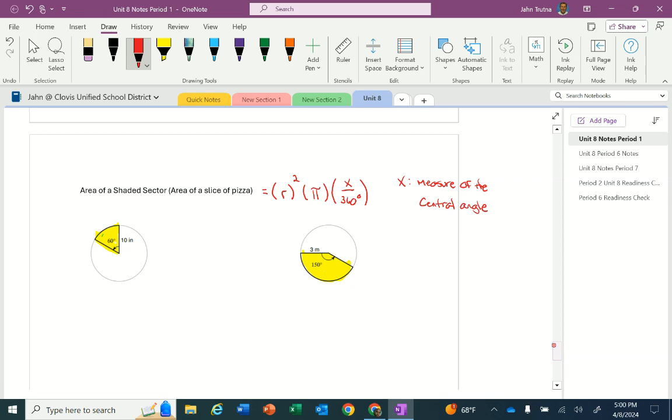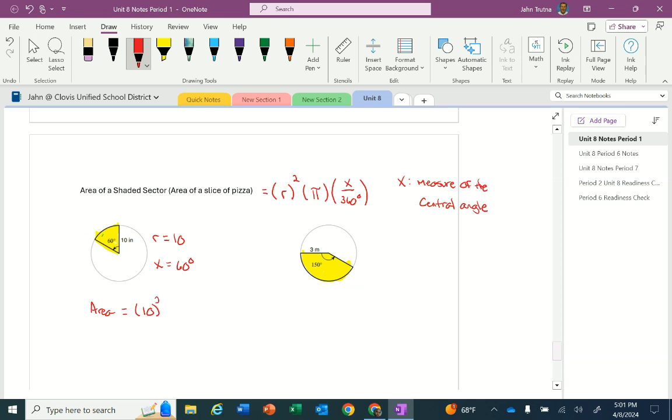In this first circle on the left, my radius is 10. My x, which is my central angle, is 60 degrees. I put the 10 in the place of r in my formula, and in the place of x, I put 60. So that means the area of my slice is going to be